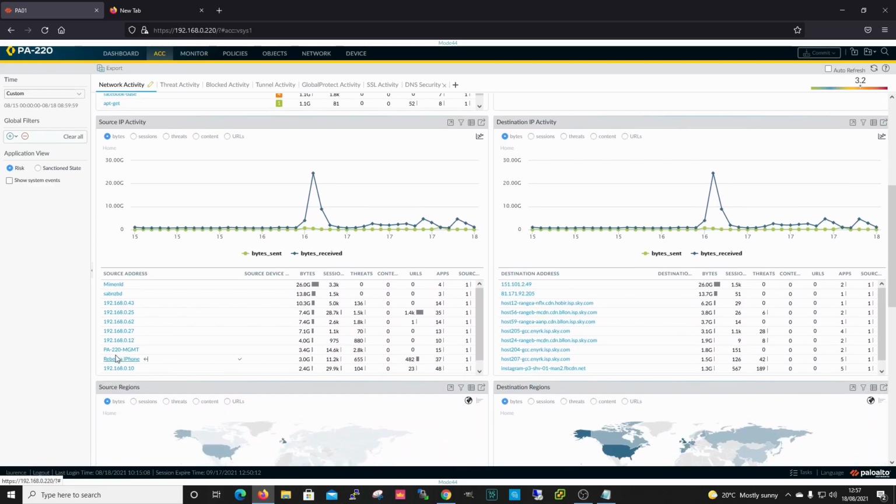Then we have the source IP activity. In this particular instance, it resolves it against the object. So for instance, my object for my management is 220 and it's PA220 management. Do you know what? I never even realized I did that. That's terrible, isn't it? That shows absolutely no imagination at all. Anyhow,